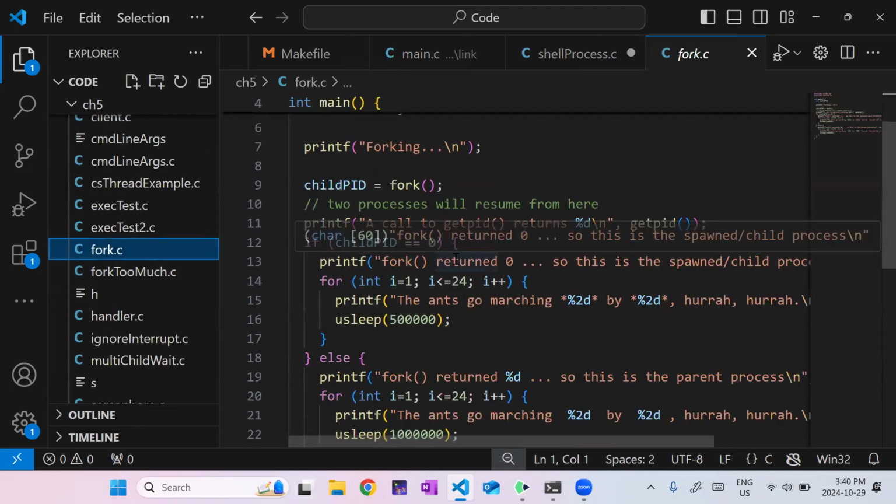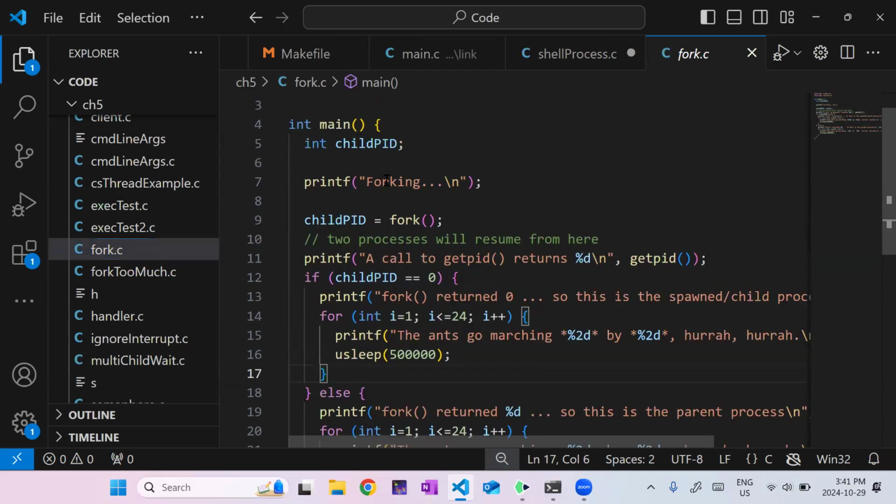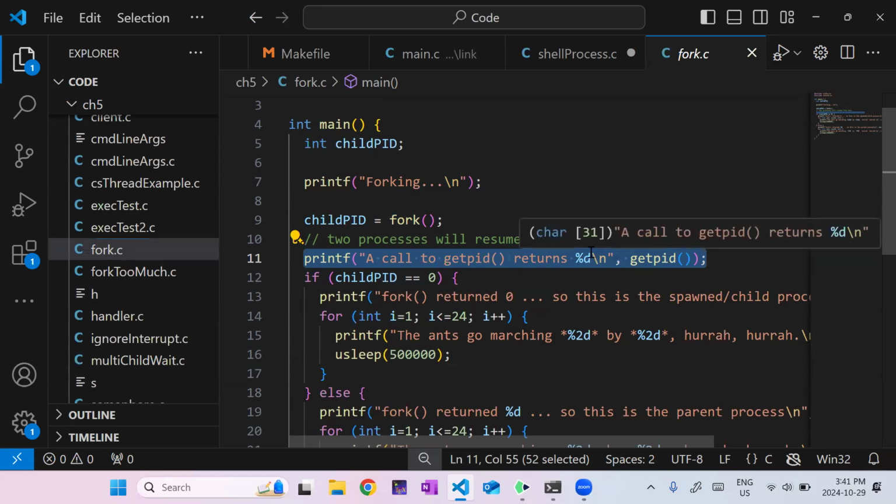Okay, so I mean, this looks like a lot, but it's not really that complicated. So again, I start running here. When I get to here, now I have two processes that will pick up on the next line. So both of them will run this, right? This getpid function returns the process ID of whatever the current process is running.